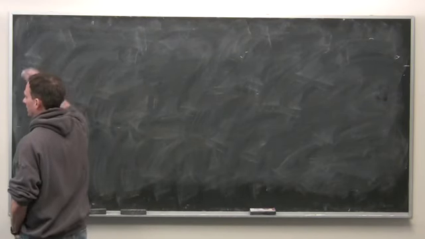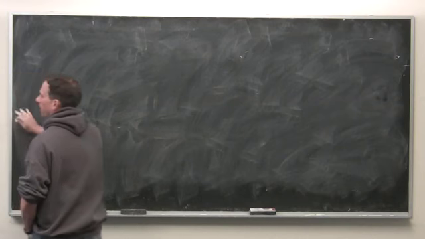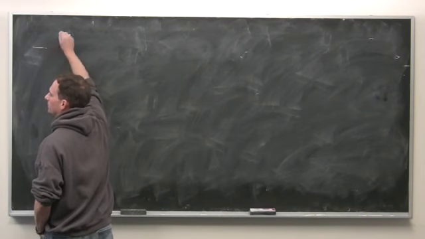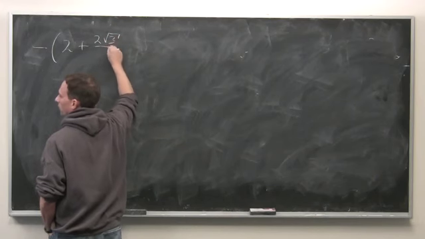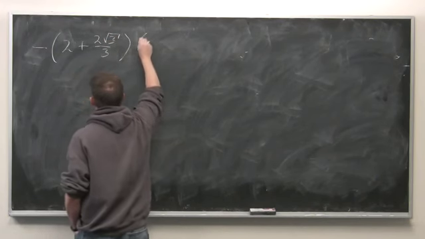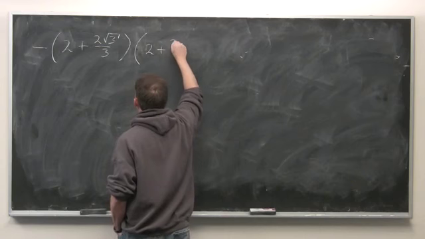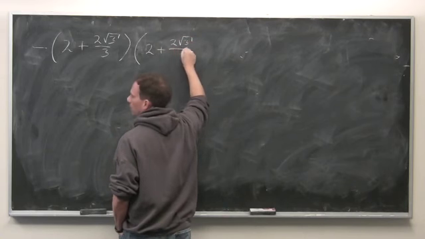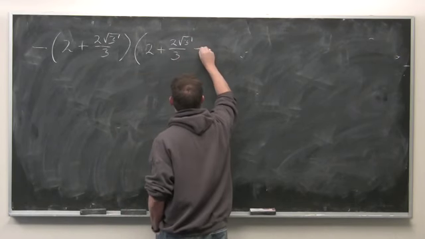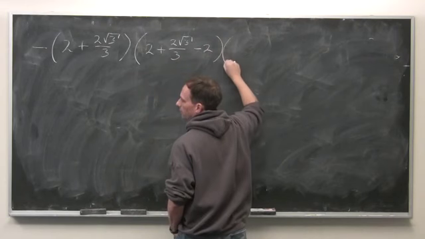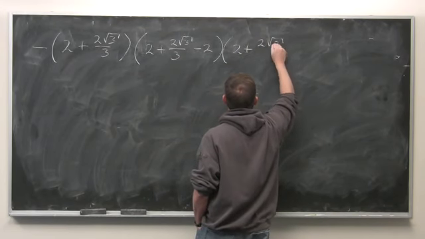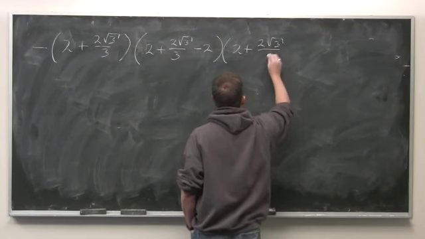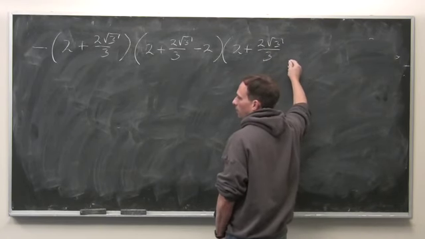So we get that this equals minus 2 plus 2 times the square root of 3 over 3 times 2 plus 2 times the square root of 3 over 3 minus 2 times 2 plus 2 times the square root of 3 over 3 minus 4,